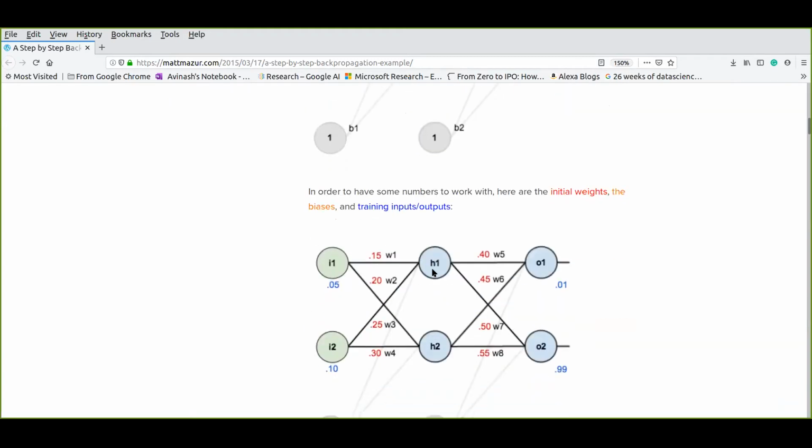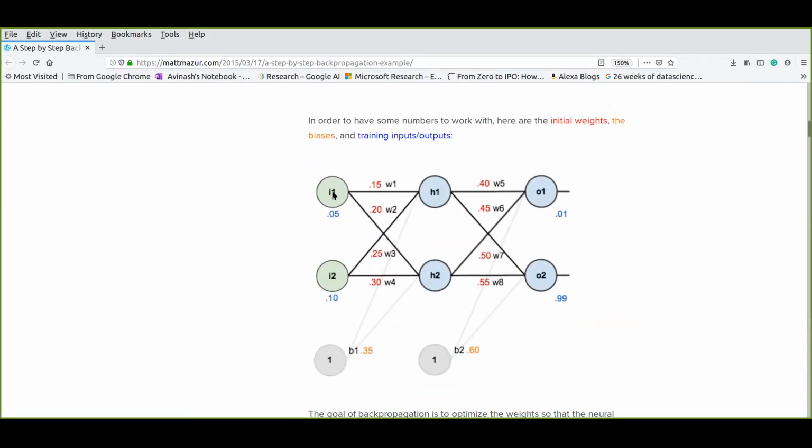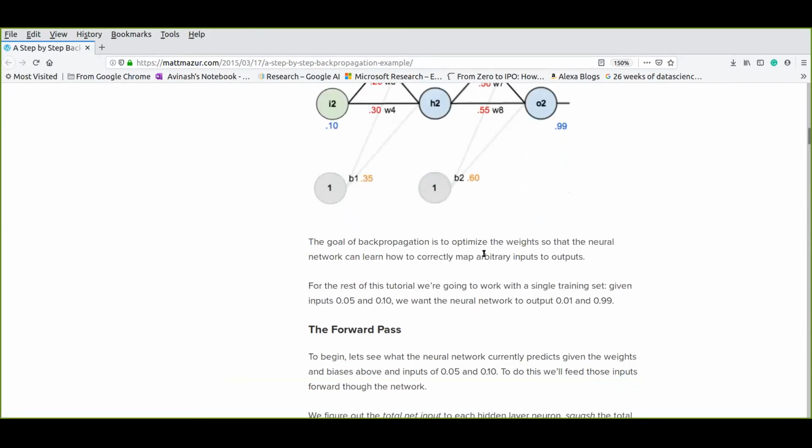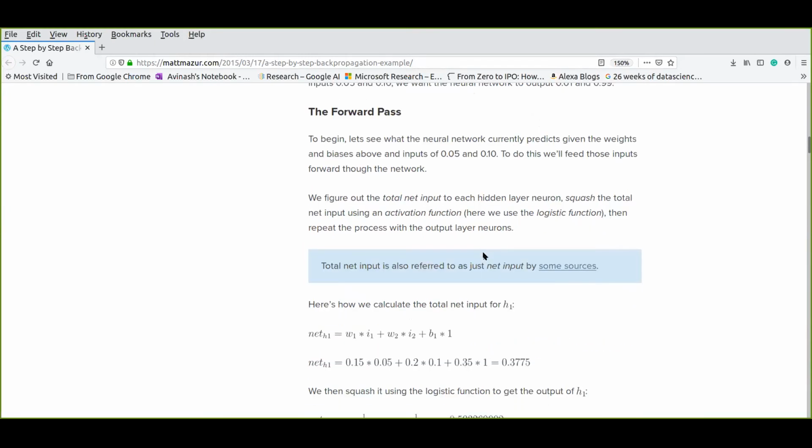So now let's see, our input value I1 is 0.05 and I2 is 0.10, and the output that it generates is 0.01 and 0.99. So here, for the time being, all the weights W1, W2 till W8 are all randomly initialized. We can see that there are all some random values here. And let's see how the forward propagation works. So what's happening here is that